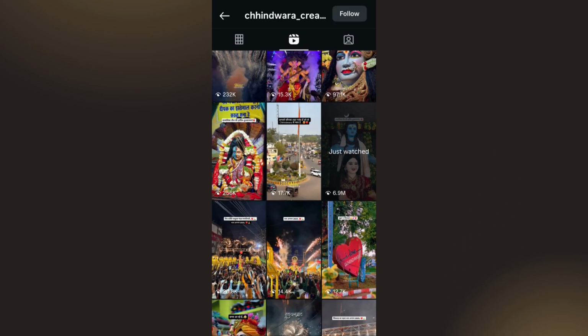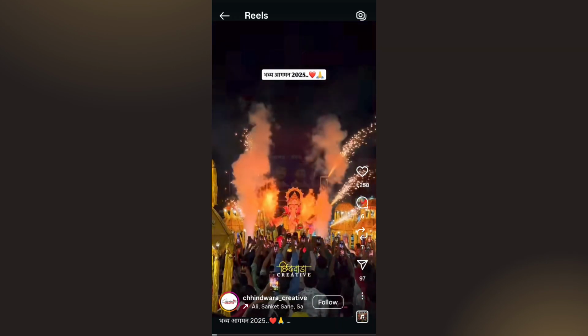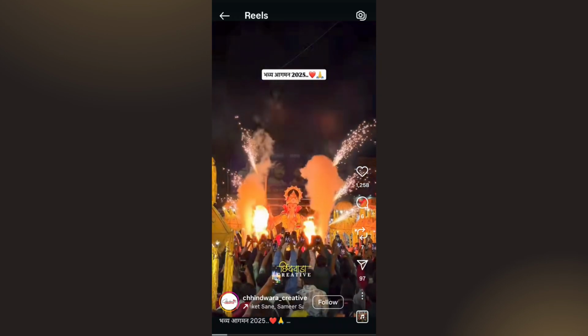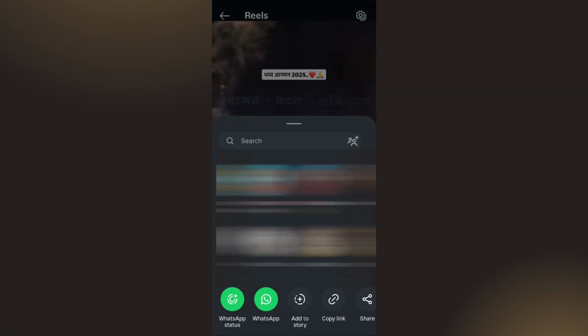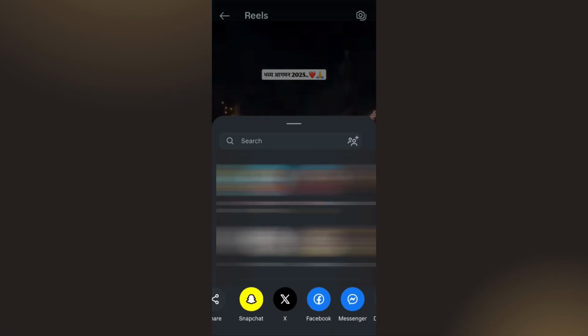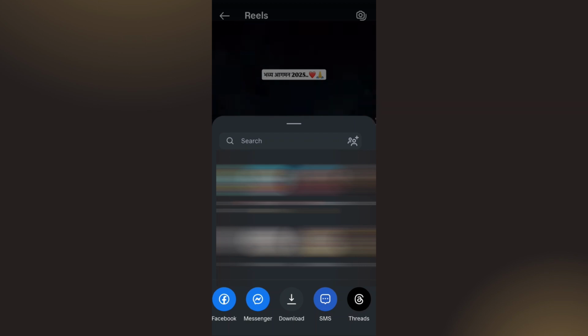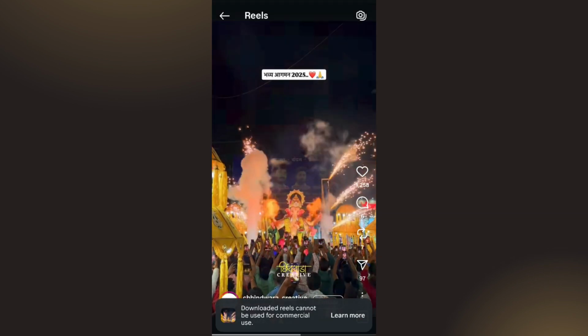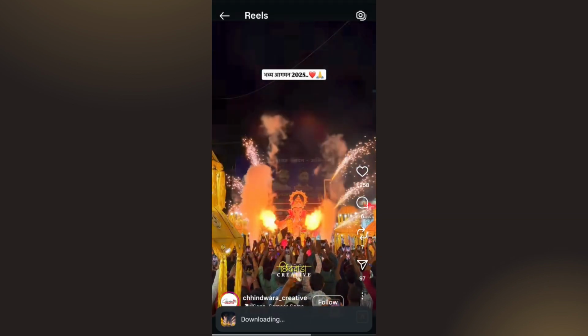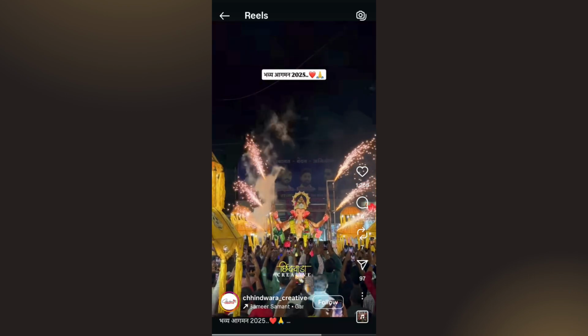Now, after selecting the reel, you are going to see this share icon here in the bottom right hand corner of the screen. So simply tap on the share icon. Then you need to swipe to the right and the third last option would be download. Now you need to tap on this download option and this particular reel will be saved in your gallery,